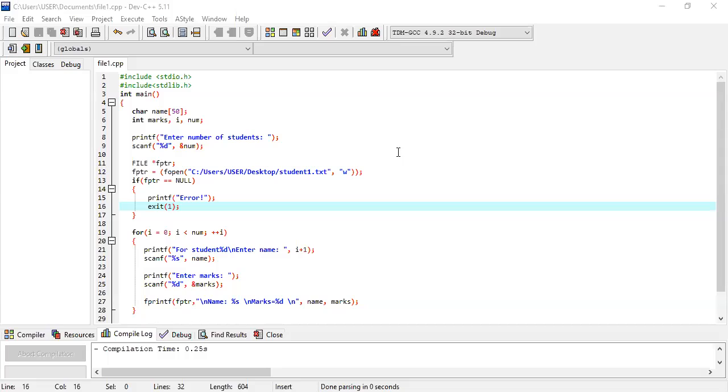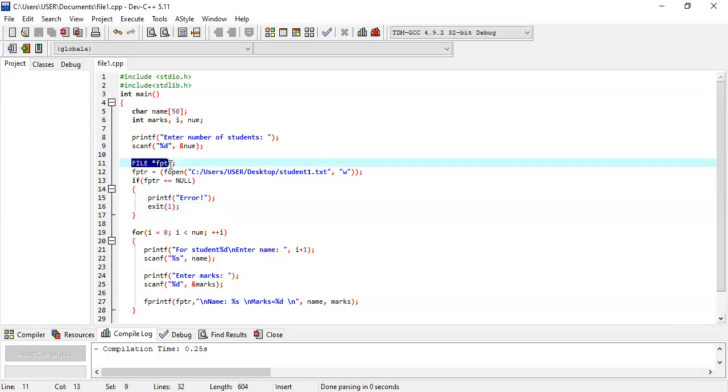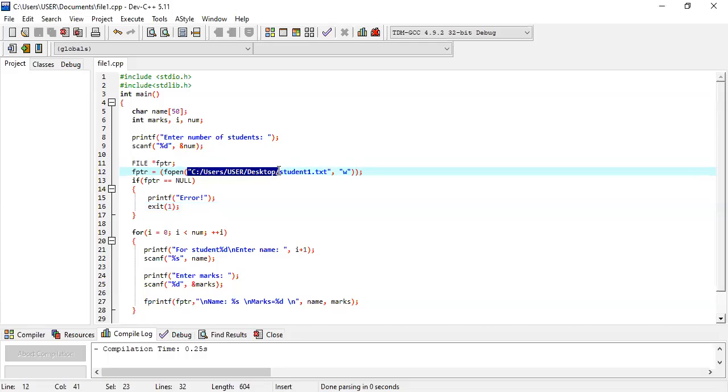After declaring the file pointer, we directly write the file name, student.txt, then a comma, then within double inverted commas "w", because we first want to create the file and then write something in that particular file.